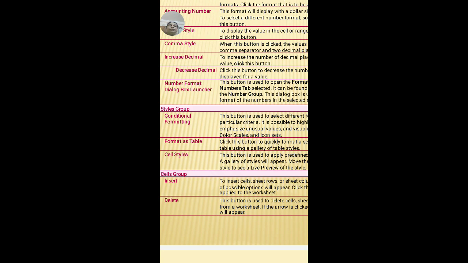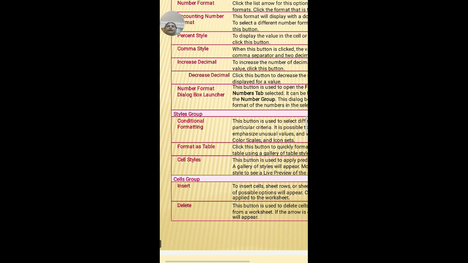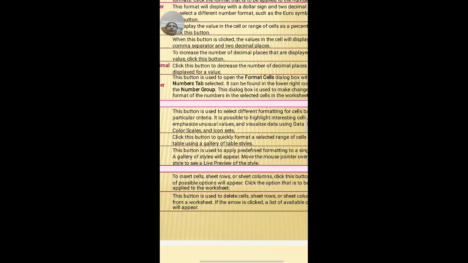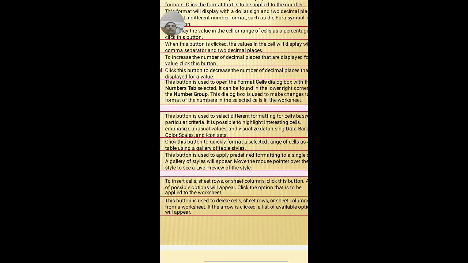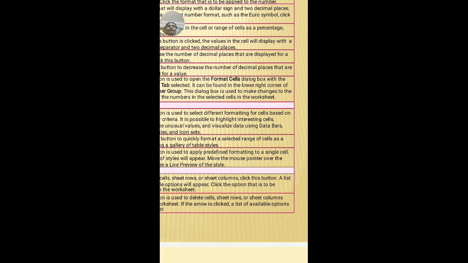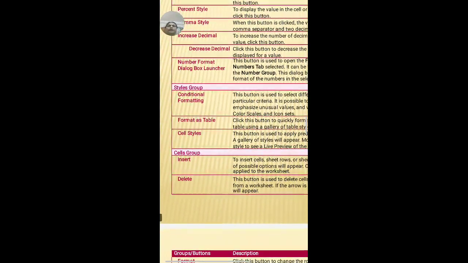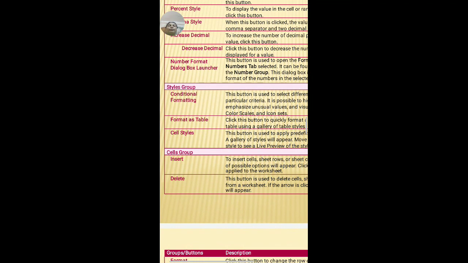You can increase or decrease by using these commands. Next, at the last you have the number format dialog box launcher. The Format Cells dialog box with number format selected will be displayed when you click on this launcher, which is in the form of an arrow.